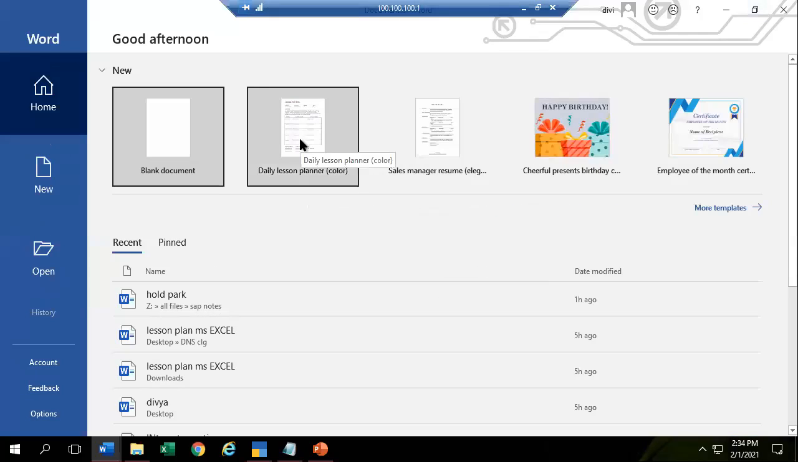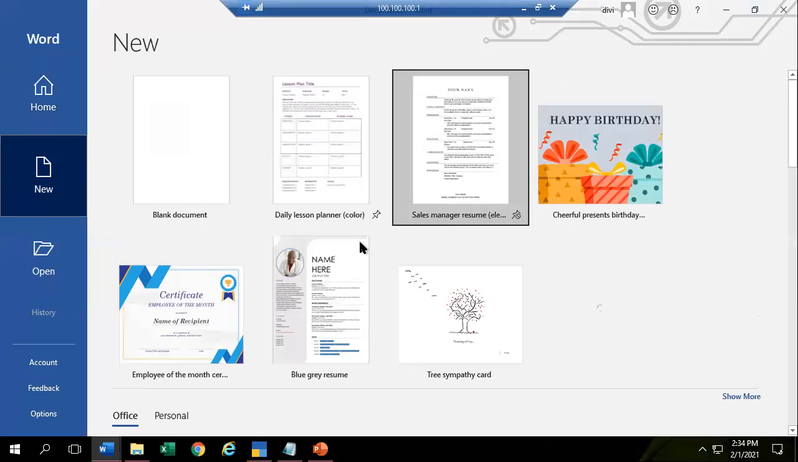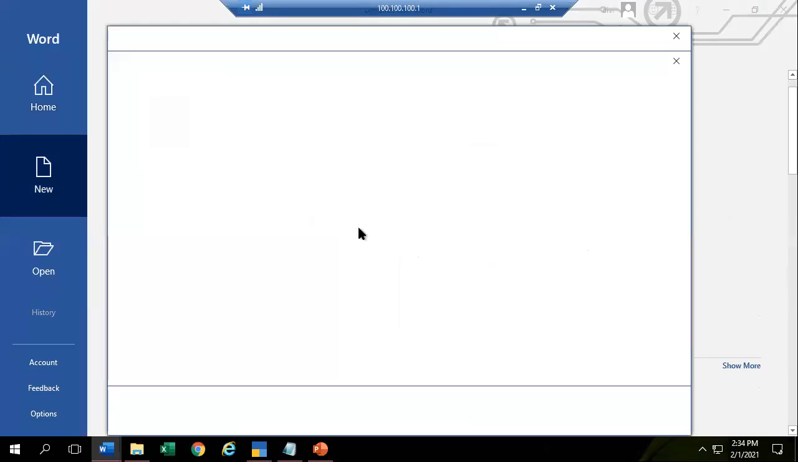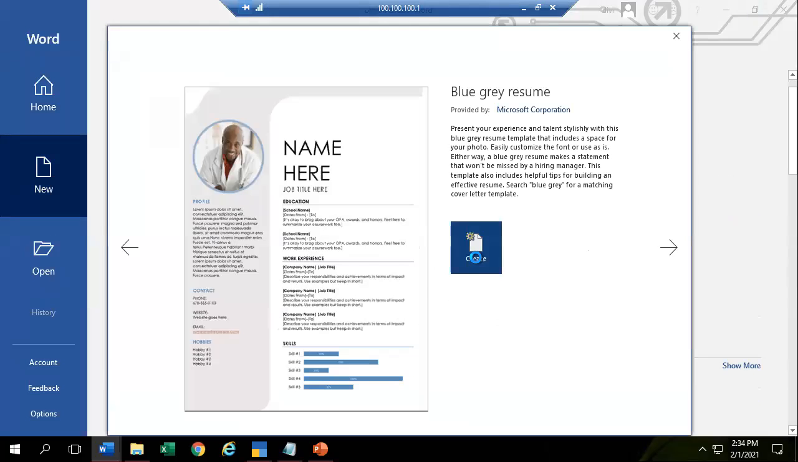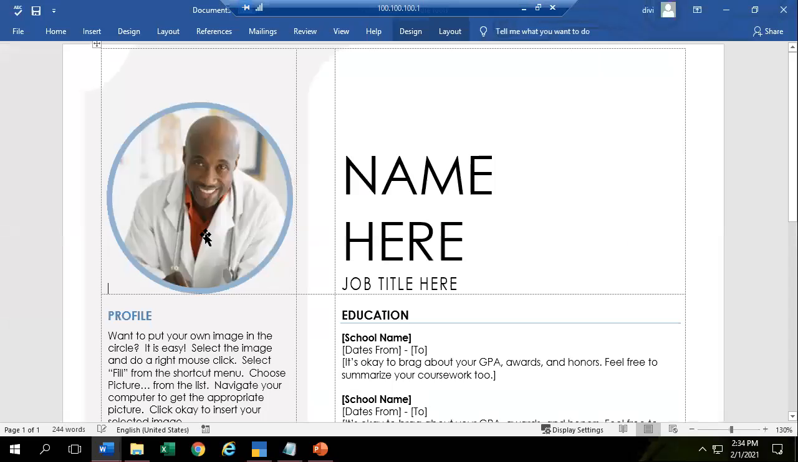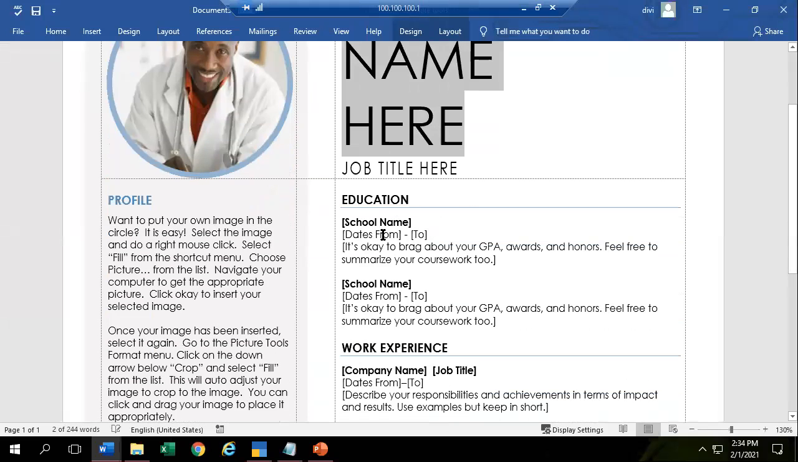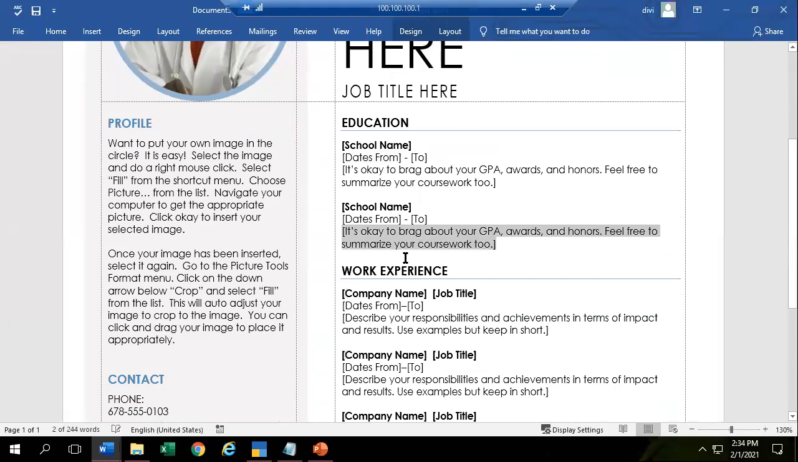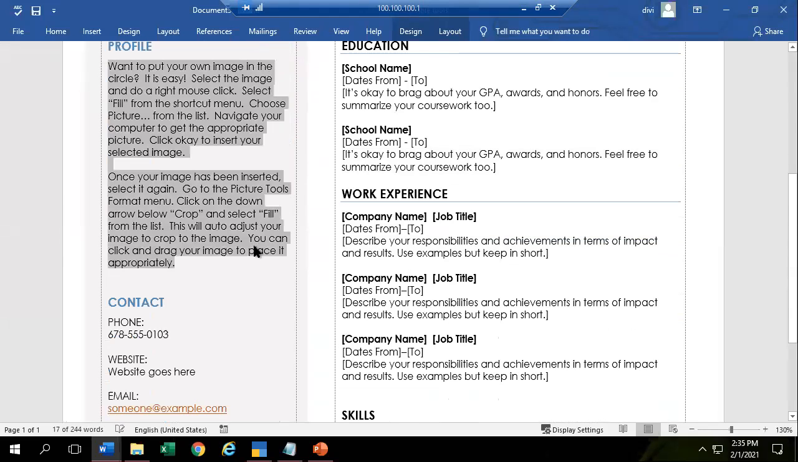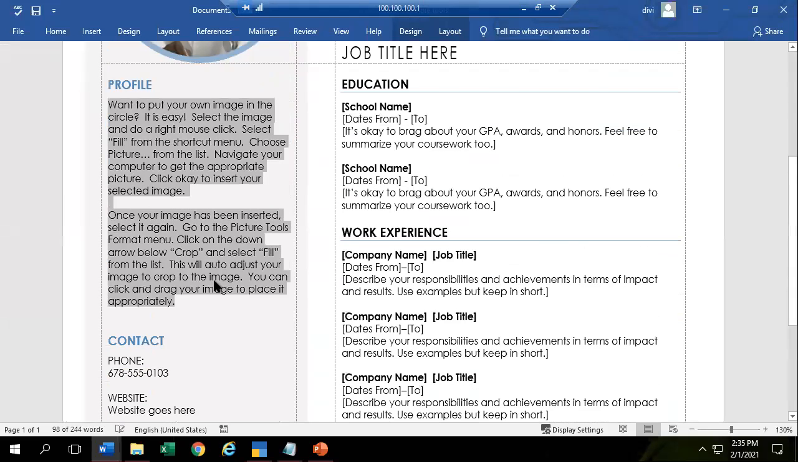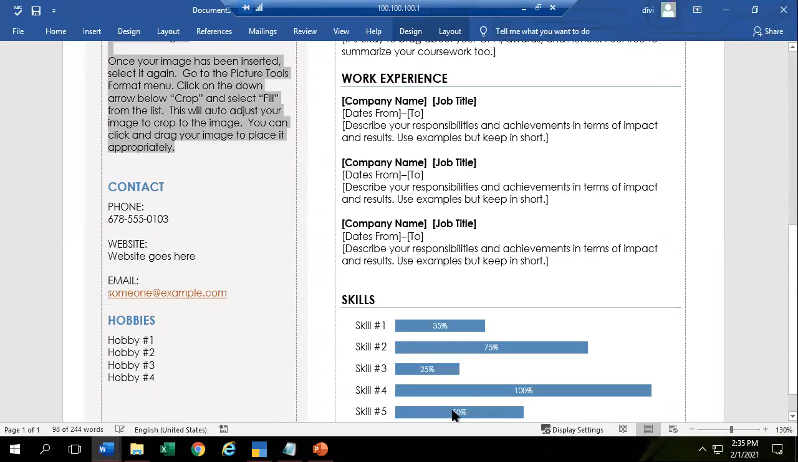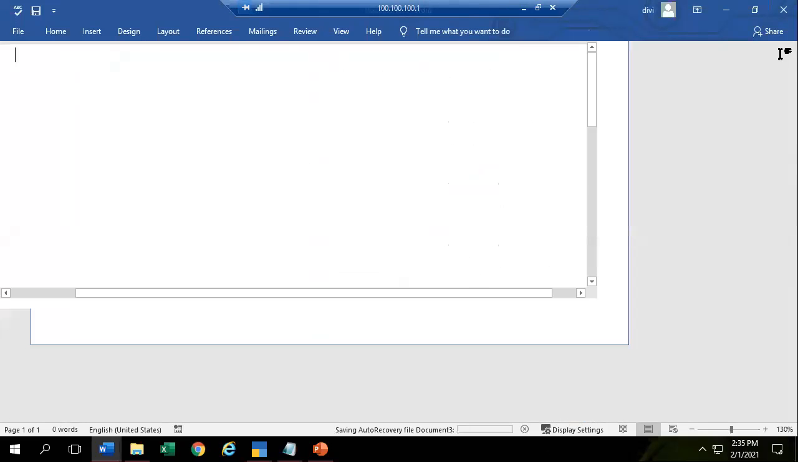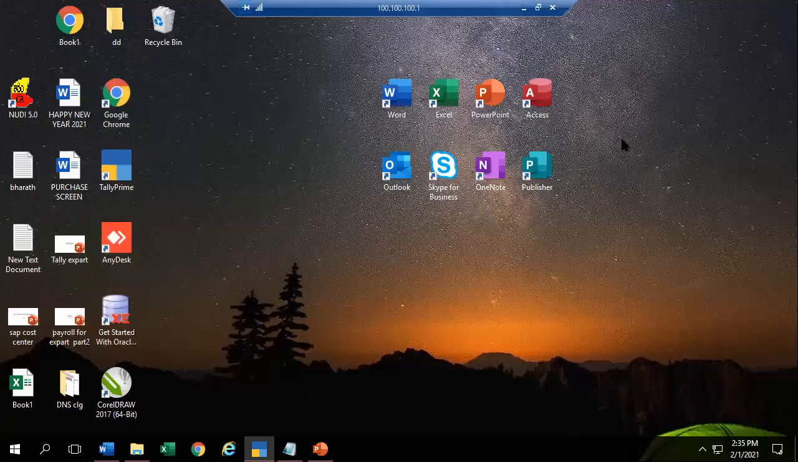For example, I'll show we have templates over here. You have resumes. You can use this resume and create your own. You can add your name, your education in schools or college, and if you have experience, you can add it over here. In your profile, you can add your objective and share your skills. You can share your hobbies. Like this, we can use Word, and also we can use Word like